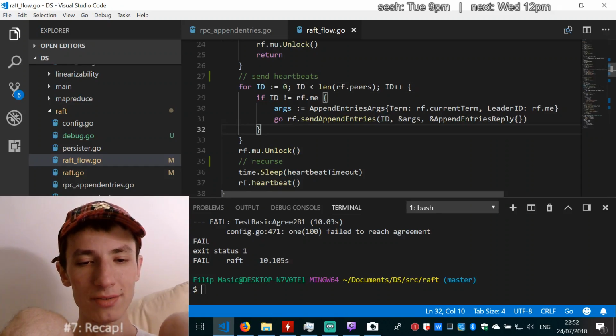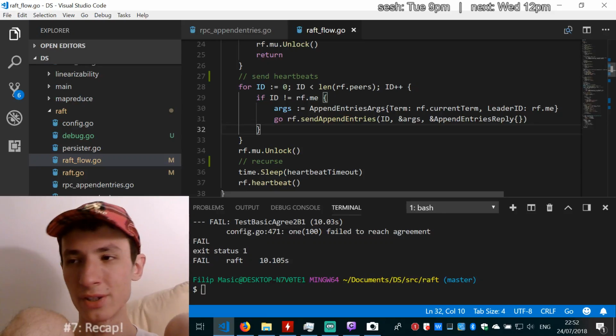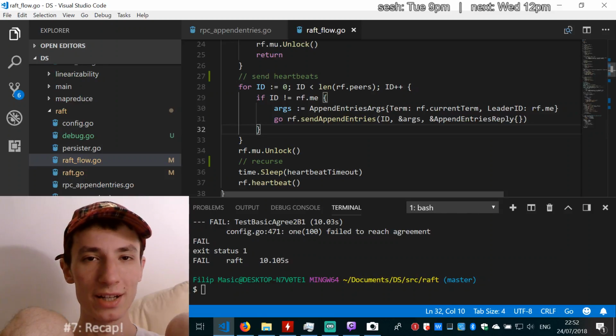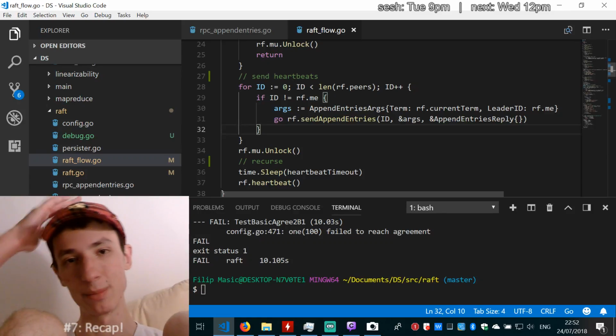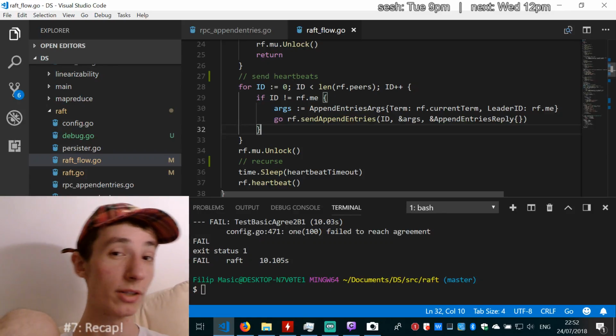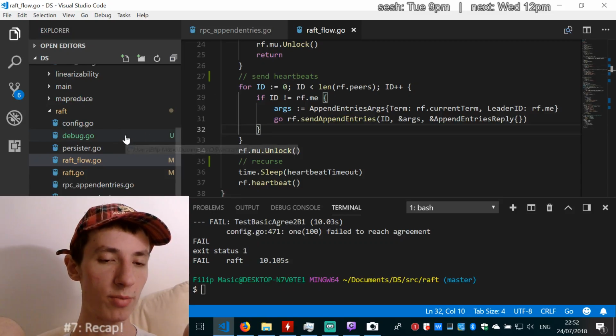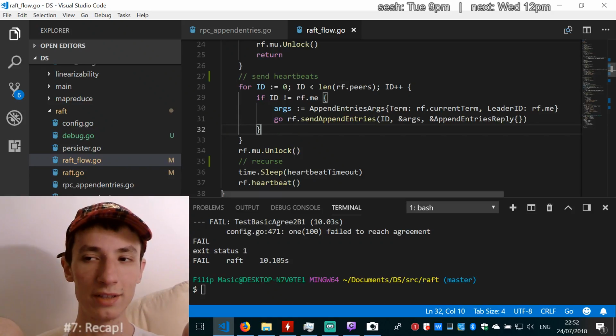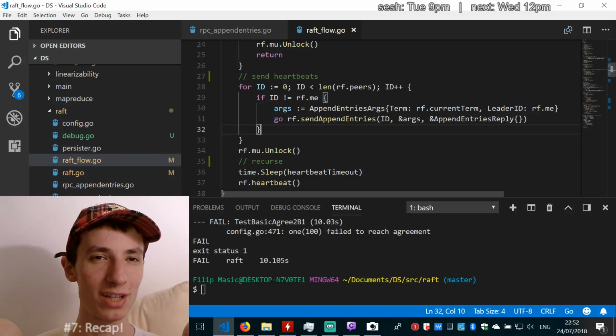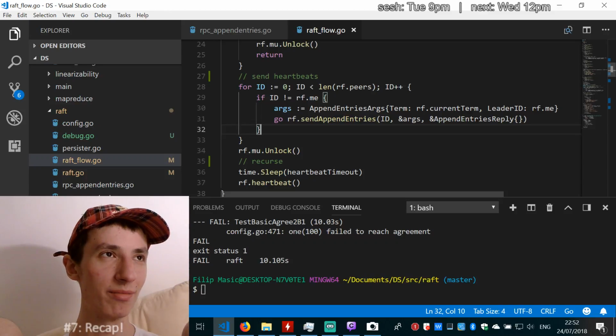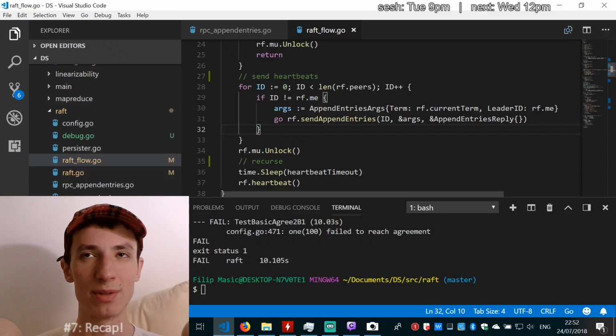My debugging stuff does not respect that at all. So I read from rf outside of locks all the time in my debug code, but I only allow myself to do that in the debug stuff because I can turn that off using debug.go. All those print statements, I just turn them off, and then if the program works, but it stops working after the debug statements are turned on, then I think I'll just be like, eh,